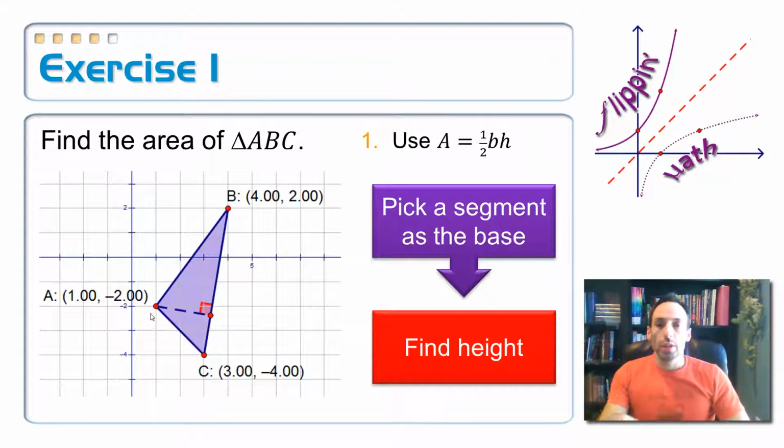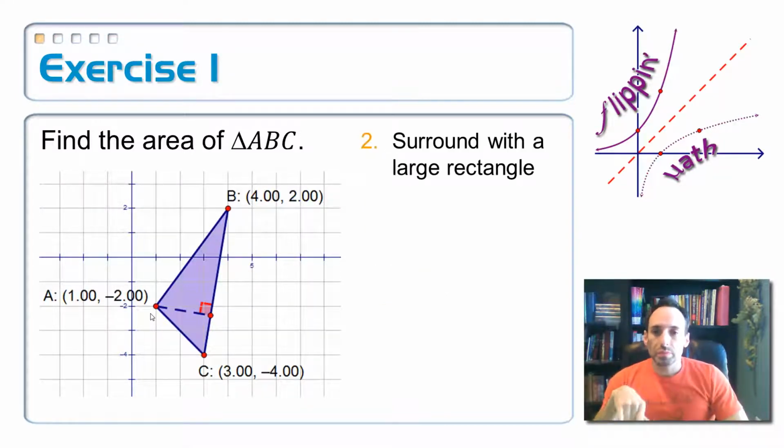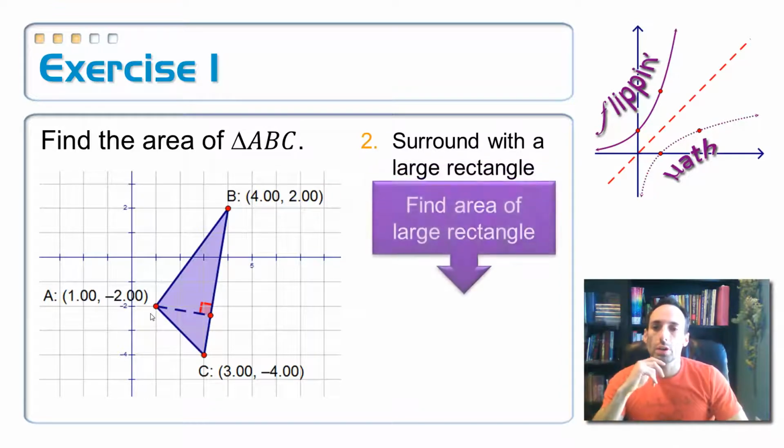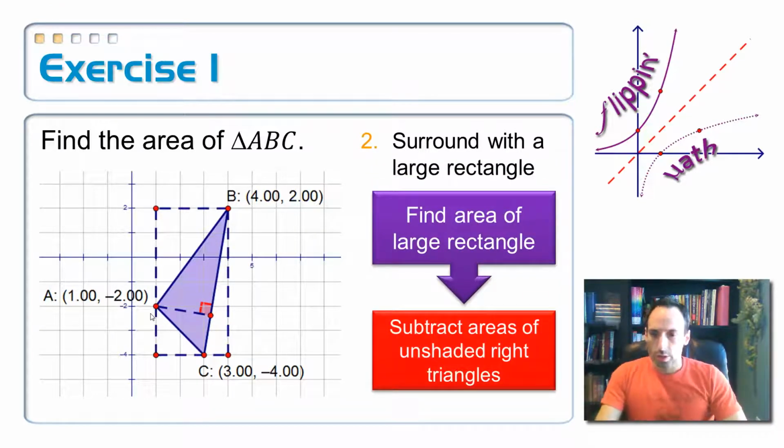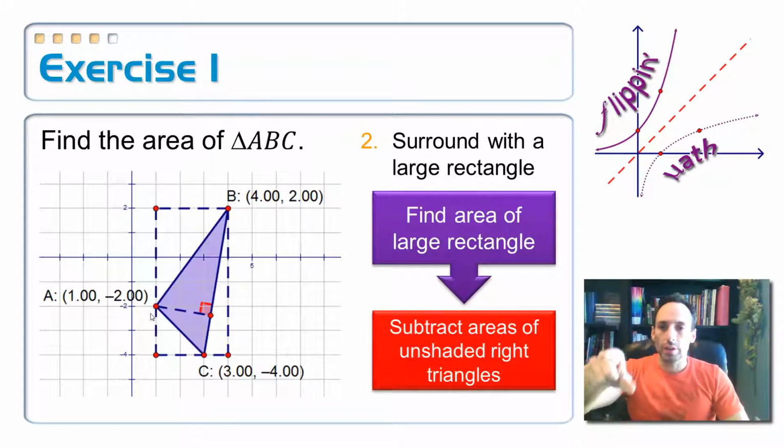Okay, so there is another way. Can you think of it? Instead of finding this directly, can you find it indirectly? How about this? How about we surround the whole entire triangle by a rectangle? So watch this little animation right there. We find the area of the entire rectangle and then subtract off the